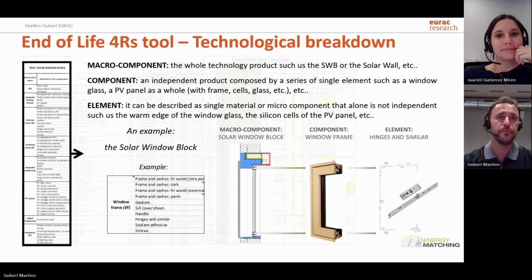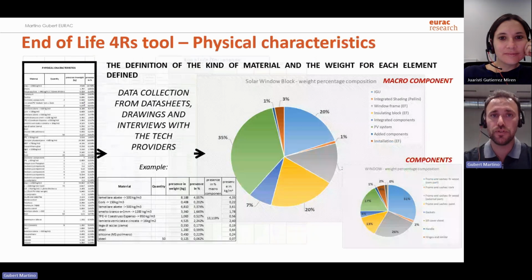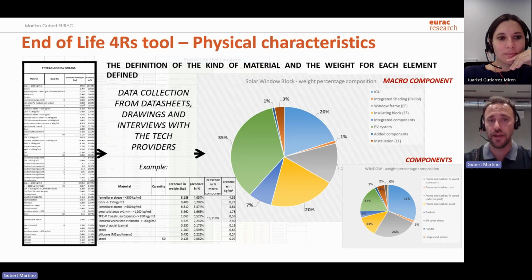I see. And what does the tool consider? Yeah, if we go to the tool, it considers the physical characteristics as a first step. So which kind of materials we have for every element and component, the presence in kilograms and the presence in percentage. So you can see in the chart that you have the percentage for the macro components, so the technology, or even for the smallest component.